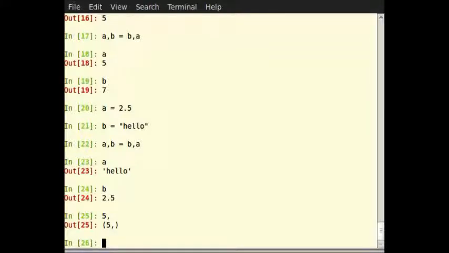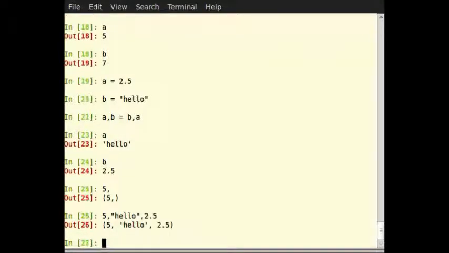So type 5, comma, within double quotes "hello", where h is small letter, comma 2.5. Now it is a tuple with 3 elements.